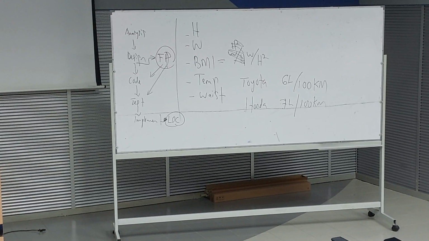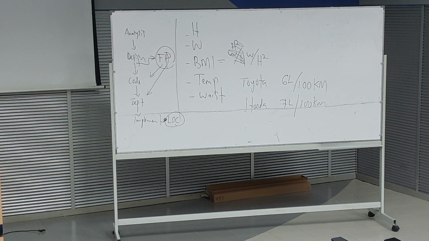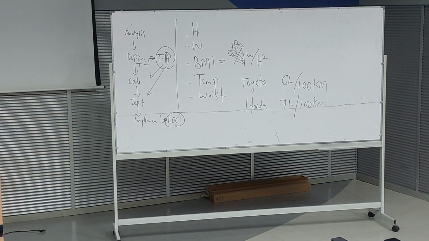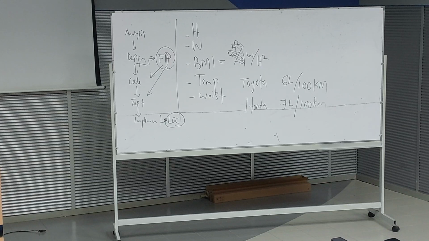So correctness. So how to measure correctness? The definition for correctness is the degree to which the software performs its required function. Okay, so to measure correctness,